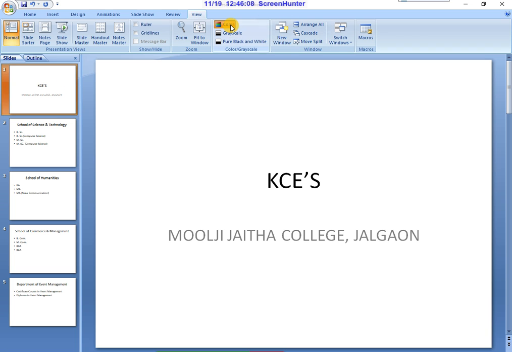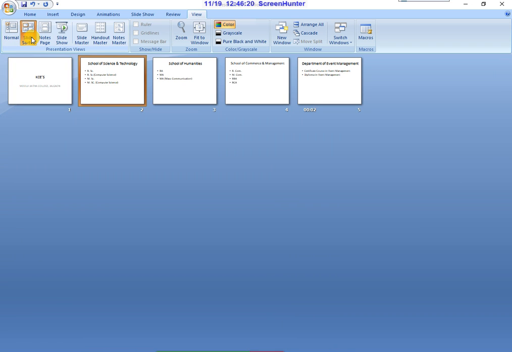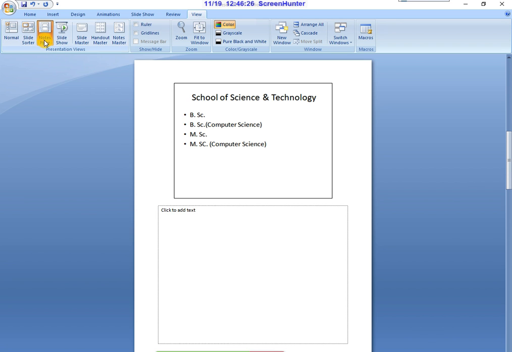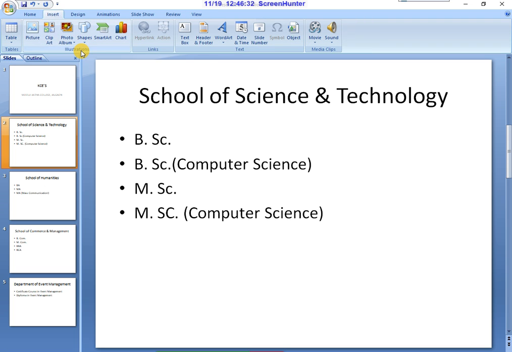You may also color it. This is normal view. This is slide sorter view. This view you have already learned in your theoretical lectures. Okay. Again come to the insert.